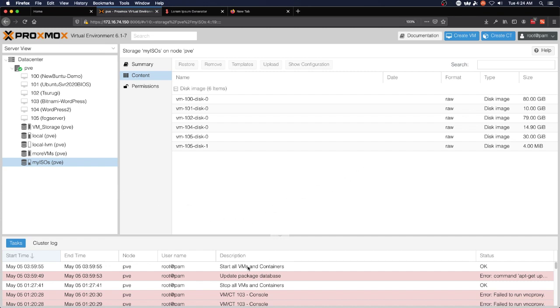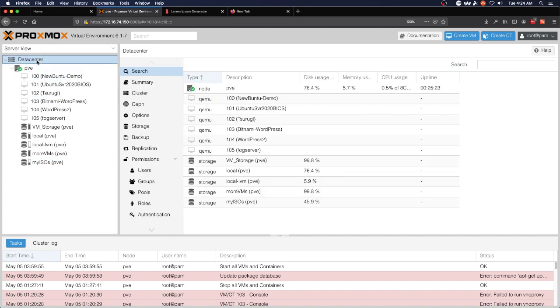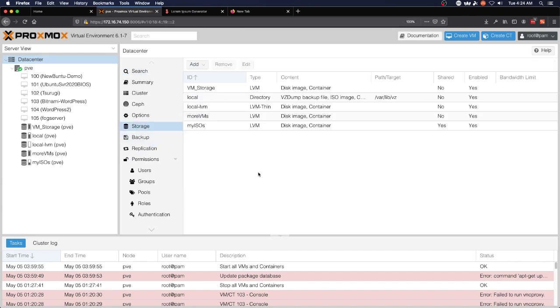So, with Proxmox, if we were to duplicate what I did on VirtualBox, I can go over to Data Center and Storage, and I believe, let's see,